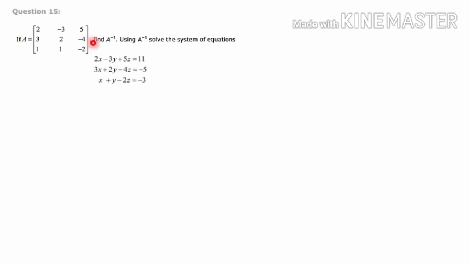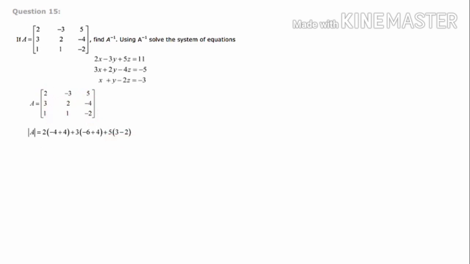Here in the question it is asked to calculate A inverse first. Let's go for calculating A inverse. So here we have taken A, the given matrix. Then determinant A we have to calculate. Expanding along the first row, 2 into, that row and column is gone, 2 into minus 2, that is minus 4. Then minus into minus plus, 1 into 4 is 4. Then here minus into minus, that is plus 3 into, that row and column is gone, 3 into minus 2 is minus 6. Minus into minus plus, 1 into 4 is 4. So minus 6 plus 4. Then plus 5 into, that row and column is gone, 3 into 1 is 3, minus 2 into 1 is 2.